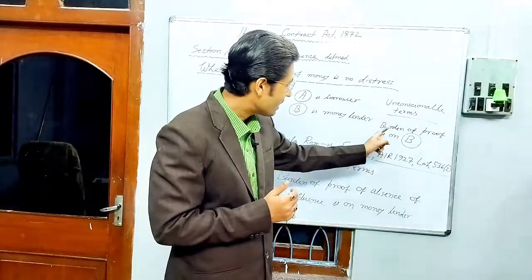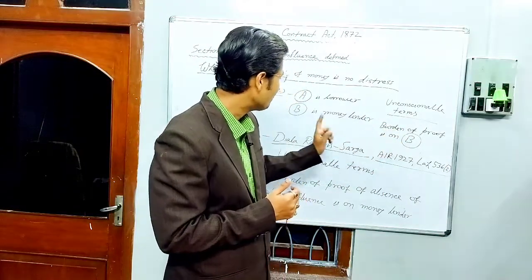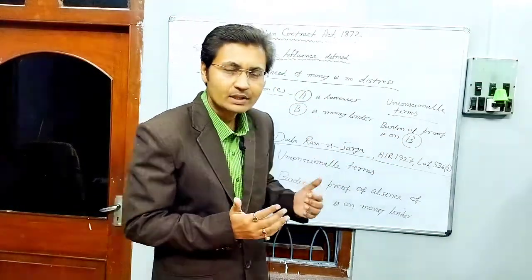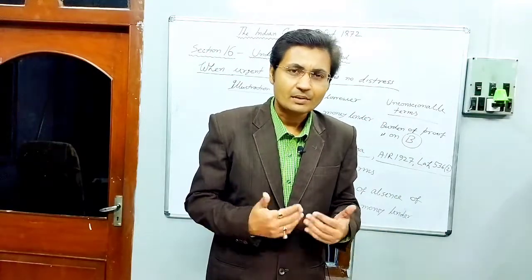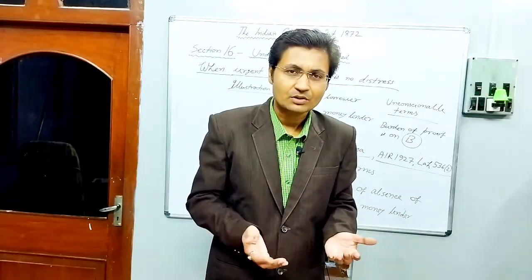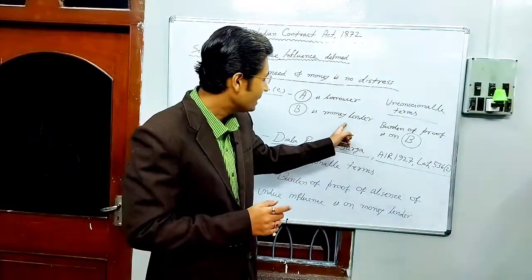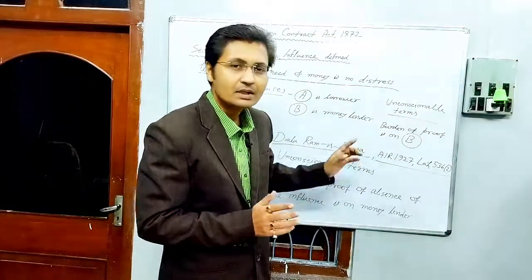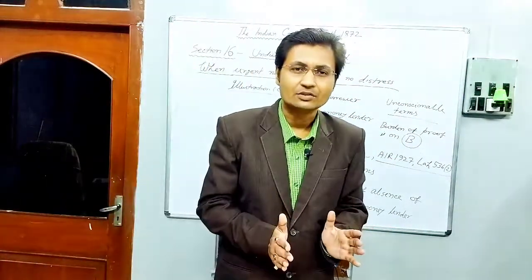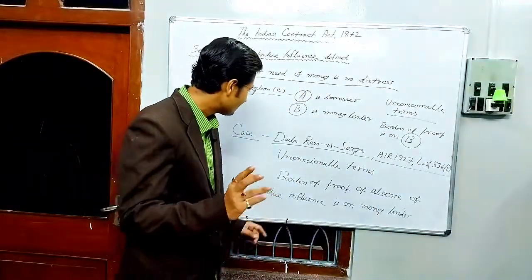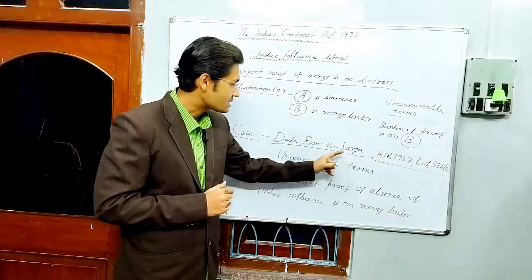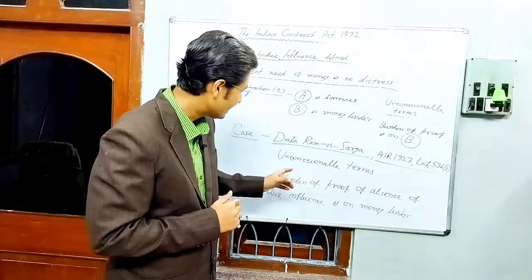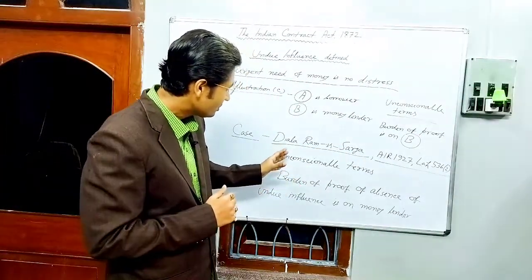So the burden of proof is on B, the moneylender, when it appears that some unconscionable terms were made in the fresh agreement. It is for the moneylender to prove that it was not induced by exercise of undue influence. Similarly, the case I have already discussed, Dialaram versus Sarga, AIR 1927, is